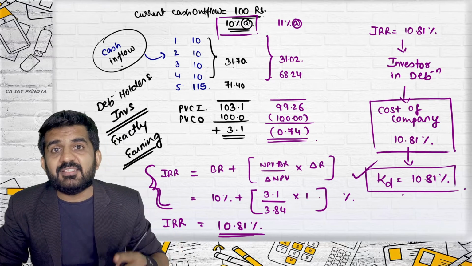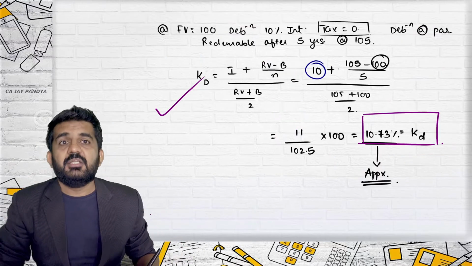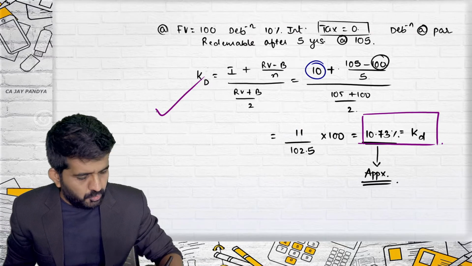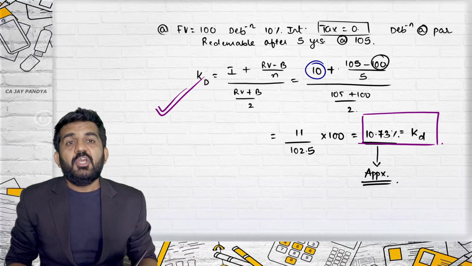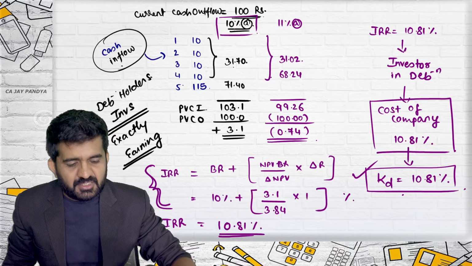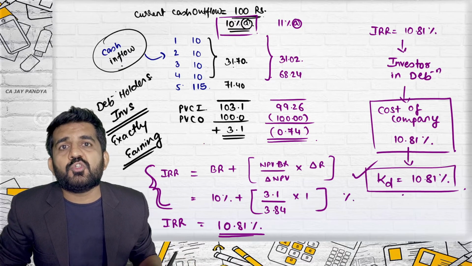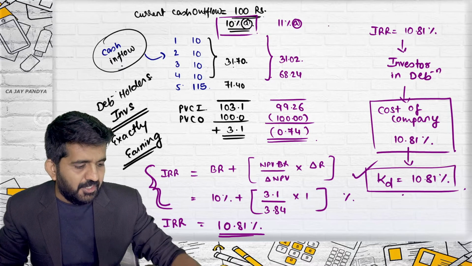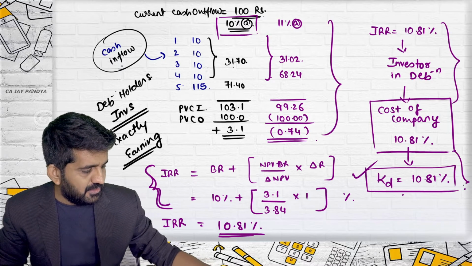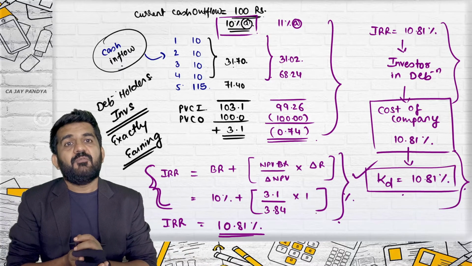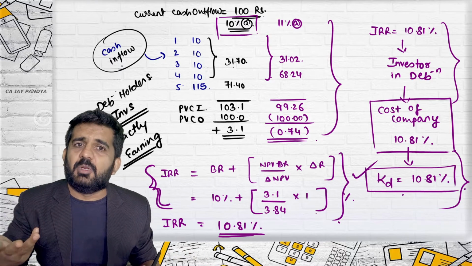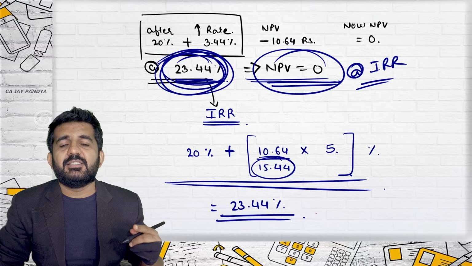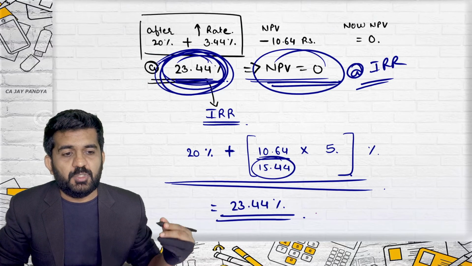Which should be done in the examination if you are asked the cost of debenture? This one. Seeing the time and the marks value, you should always follow this. But if the cost of debenture question says find out the cost of debentures by the IRR method or internal rate of return method, then they are actually asking you to do this. Ultimately you need to find out the IRR and it will automatically become the cost of debentures. Ultimately, IRR is the rate the project is actually earning.